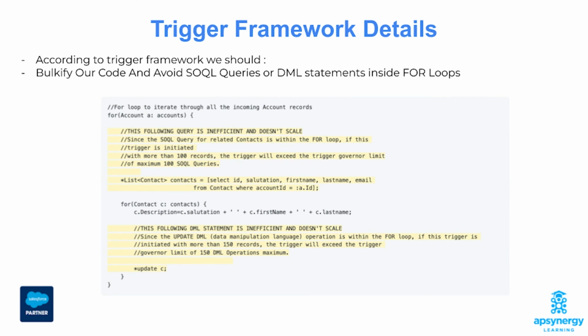Bulkify your code. Bulkifying Apex code refers to the concept of making sure the code properly handles more than one record at a time. Avoid SOQL queries or DML statements inside for loops. An individual Apex request gets a maximum of 100 SOQL queries before exceeding the governor limit. So if this trigger is invoked by a batch of more than 100 account records, the governor limit will throw